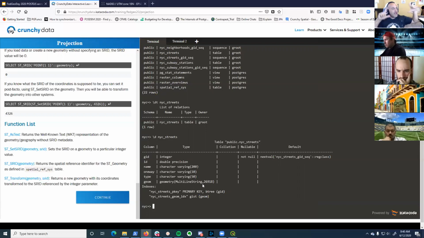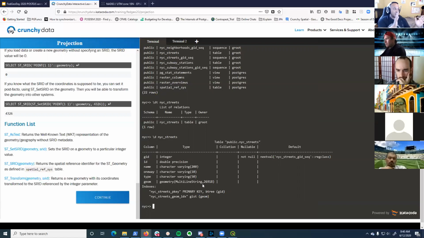So if you're having multiple people access that data and some are passing in queries in a different projection, typically this is going to happen with Web Mercator. You're going to need to make another index that does an ST_Transform to Web Mercator when you make the index. So, John, help me out on this because you are more fluent than me, but I think it's create index, and then we give it the name, and we'll just call this Web Merc